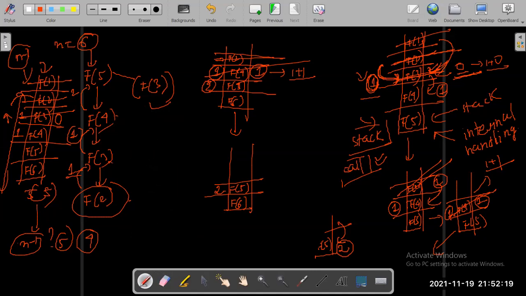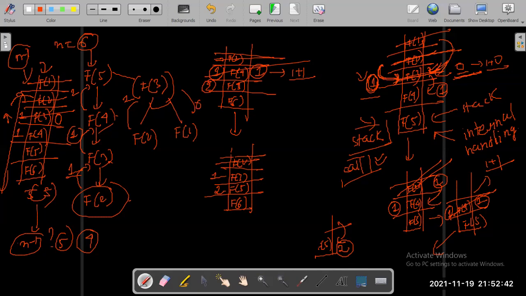Fine. So okay, let's push f of 3 again. Okay, f of 3 requires how many functions? F of 2 to be calculated, it will return 1 to it. So it will get popped out. And again, f of 3 requires f of 1 to get calculated, it will return 0 to it, right?